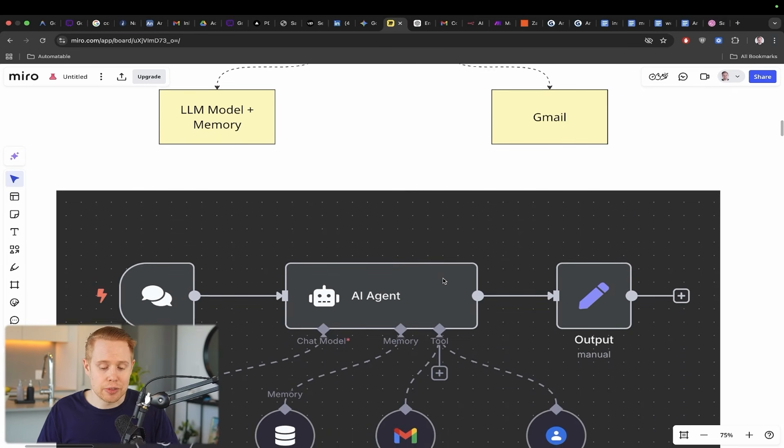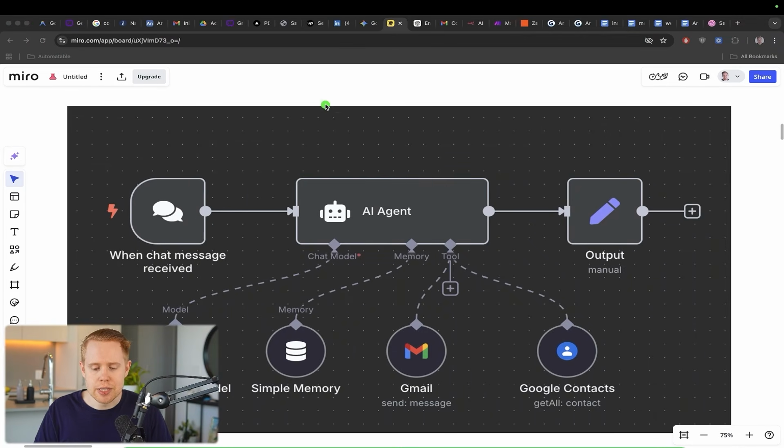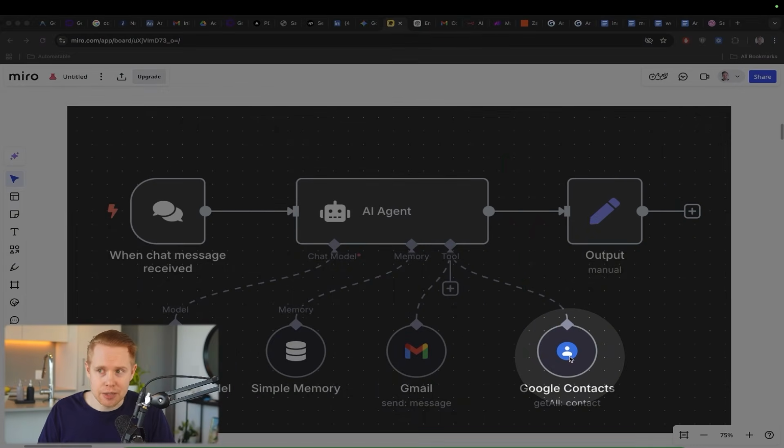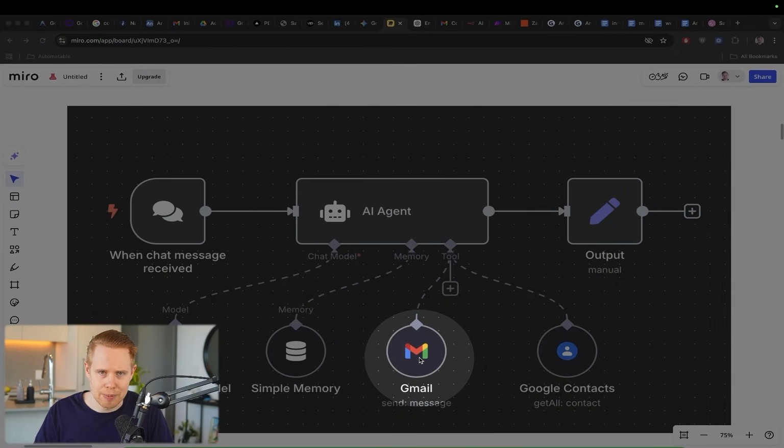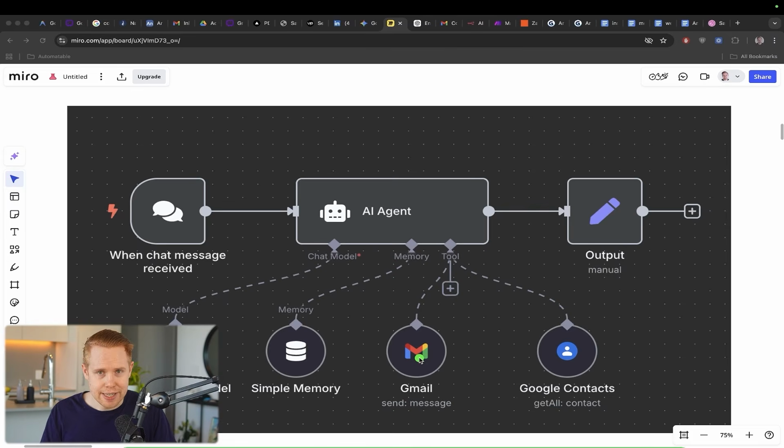So let me give you a practical example of how this works. You send a message to your employee Bob and you say, hey Bob, can you send off an email to Jono? Well, the problem is Bob probably doesn't know Jono's email off by heart. So what he has to do is find that email in Google Contacts, and then once he finds Jono's email, he can go ahead and send off an email to Jono. So there's reasoning involved. He will take the appropriate steps to get the job done,